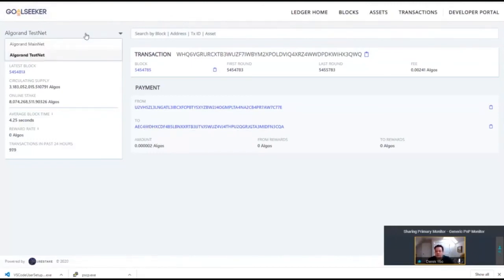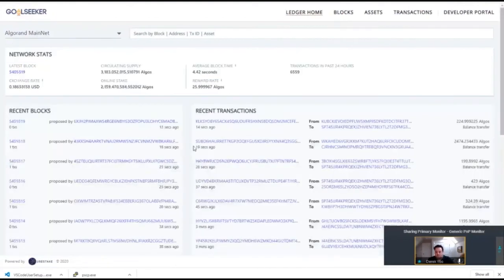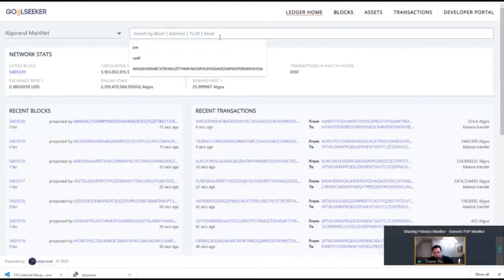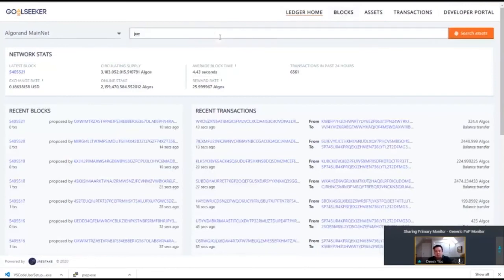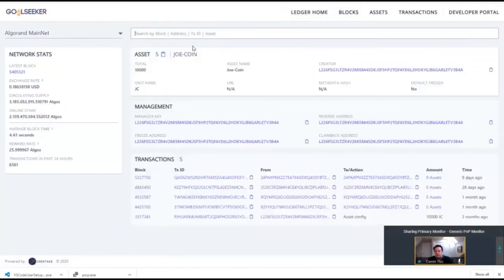There's a number of other objects and things that you can look at, and other details about the network. So as one example, one of the features that's getting used quite a bit is the asset functionality on Algorand. What that allows you to do is create your own digital assets, right? So you can create your own either currencies or other digital tokens that are going to represent things in the real world, or have other meaning for your application.